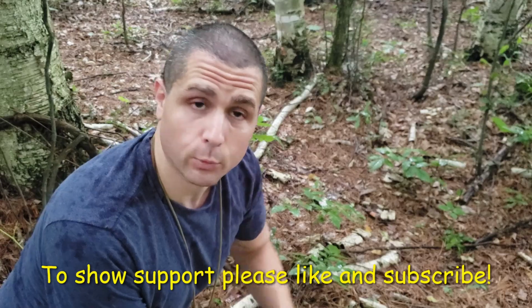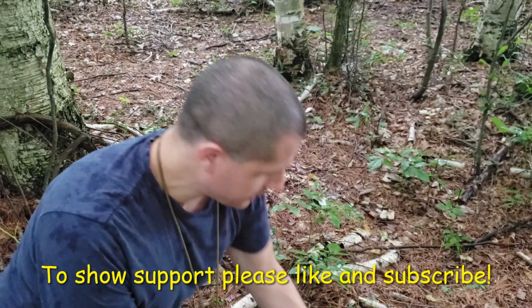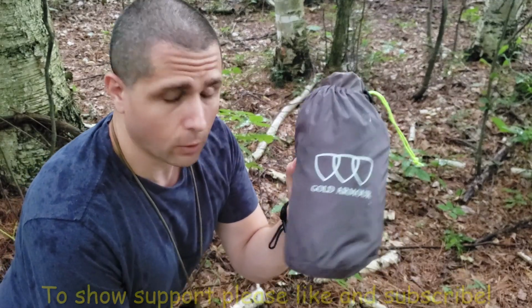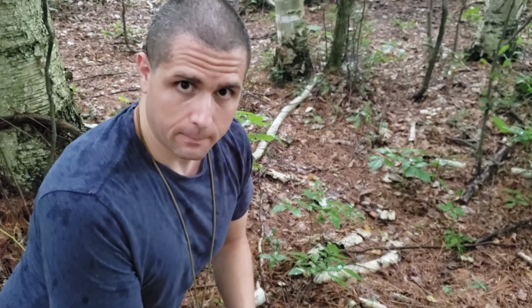It's not too bad, and I got some really good cover with the trees, but I need to get my rain fly out. So I have tried this before. This is the Gold Armour rain fly. I got to put this up, and I don't have my hammock this time because